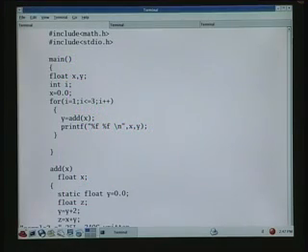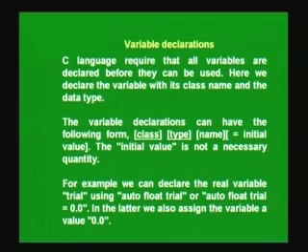So we just now saw that we have auto variables, external variables, and static variables, and I think those are the basic three classes which you would need to look at. Okay, so going back